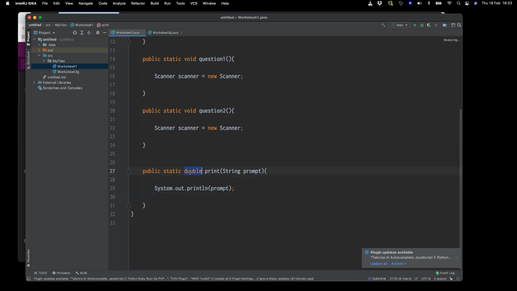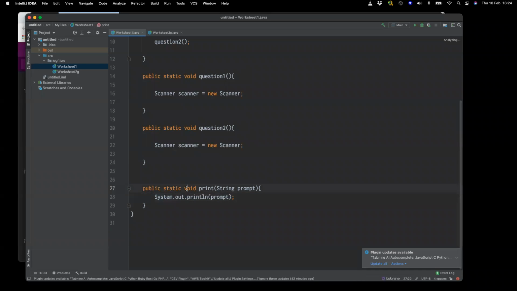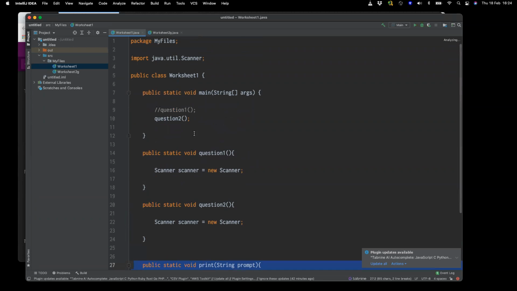Now, it doesn't need to return anything, so it doesn't need the word double there. It's just void. Public, because it's visible. Static, please don't ask me. That might just spend us 4 hours trying to explain what that means, but I'll try in a minute. Void is what it's giving back, its return type, okay? If it's not returning anything and it's just displaying a line of code, clearly you don't need to have any type of data, so you put void there. That's a very simple one that I can use instead of all my system out print lines in worksheet 1.